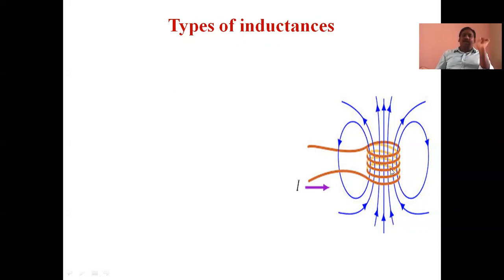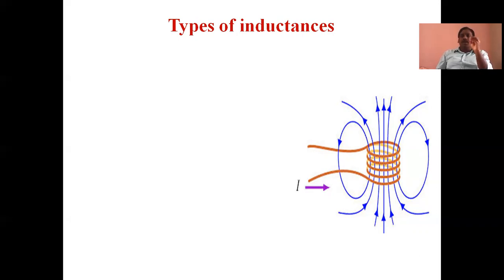And one more thing is that the flux can be linked with the number of turns of the first coil. Is it right or not? Then the flux linkages of coil 1 are nothing but internal flux linkages. Internal flux linkages are the flux linkages produced by its own current, and this phenomenon is called self-inductance.